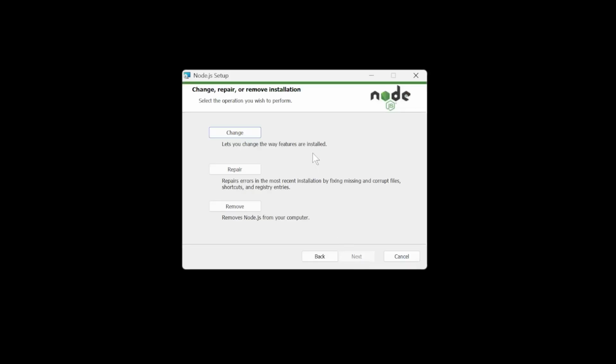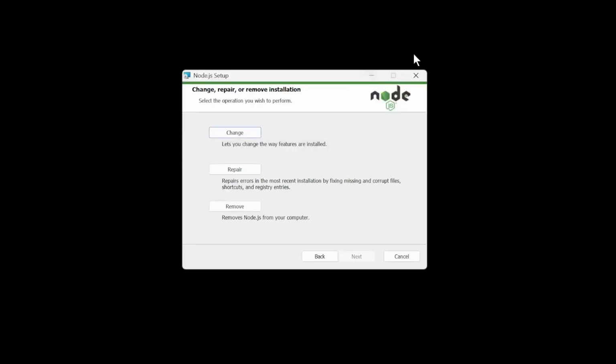Click on the next button, then there will be an option to select the path of installation. Right now I have Node.js installed in my system and already configured, but in your installer it will ask you to configure a path for it and add an environment variable for the same. So just follow the on-screen instructions, and once it's finally installed,